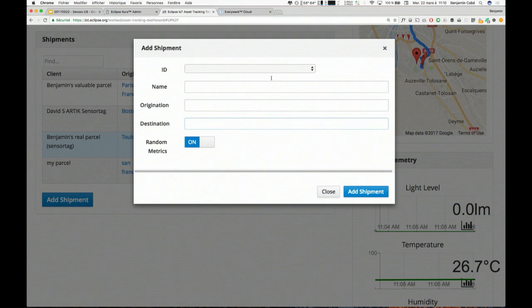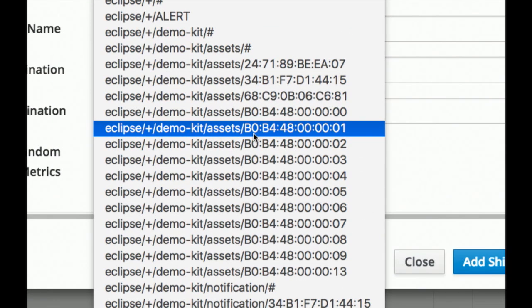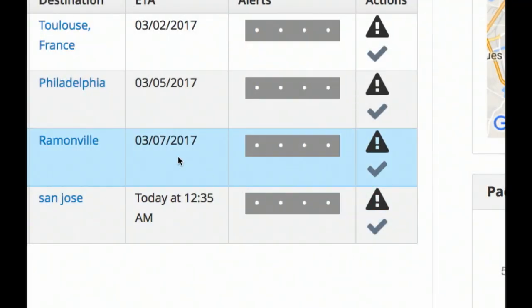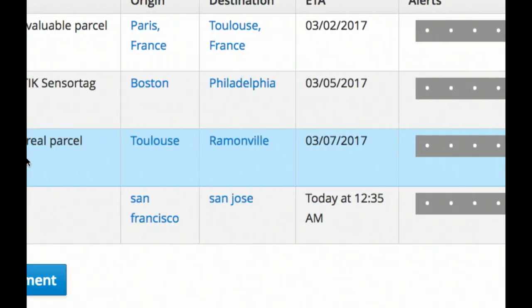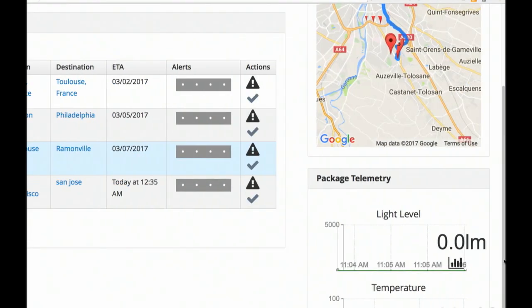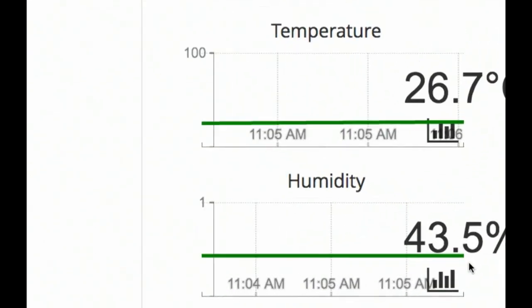I can maybe also discover if there are new devices, new sensors, new parcels showing up, and start adding them to my dashboard, querying the Kapua backend to discover the new sensors and the new shipments being made available. But in my particular case, the current shipment is this guy, and we can see that here, every 10 seconds, we get new information.